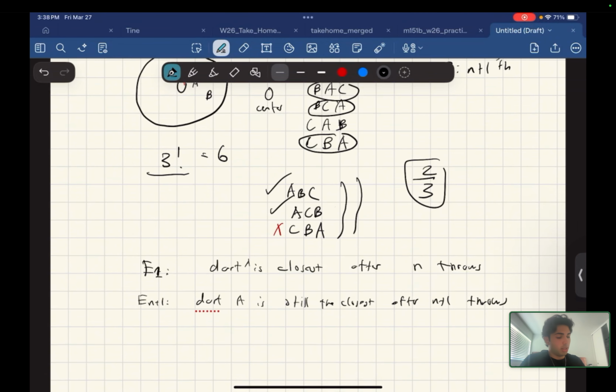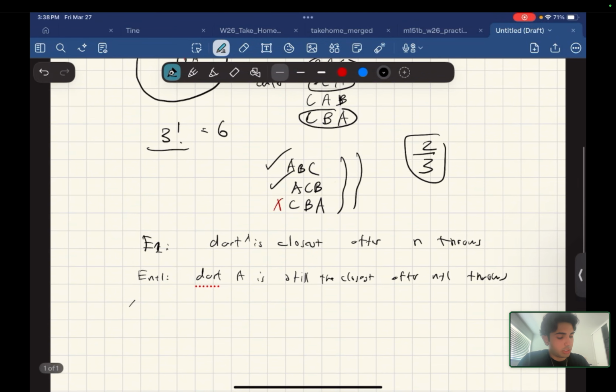So this event E n+1 is our goal scenario. We're trying to find the probability of E of n+1, which equals 1 minus the probability of event C, where dart C is closest